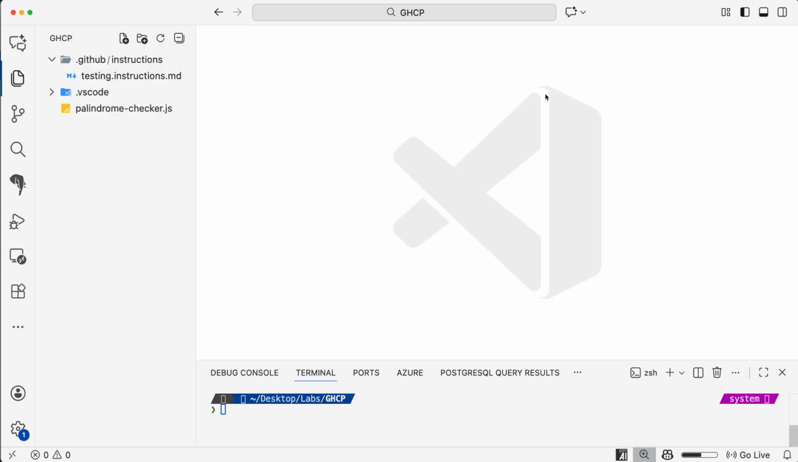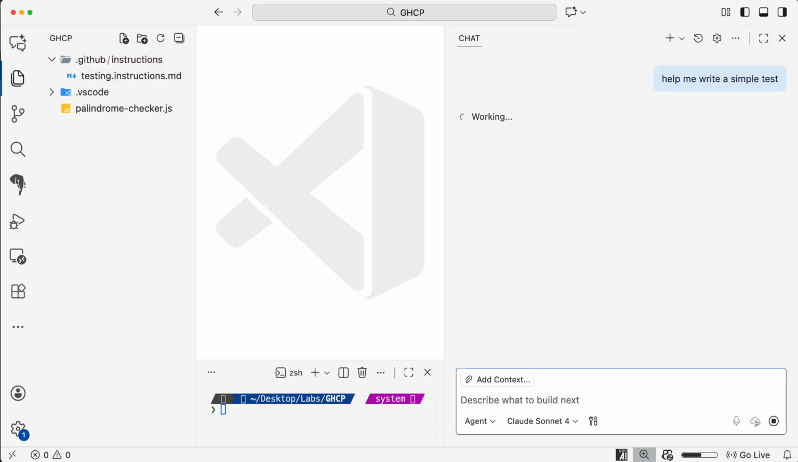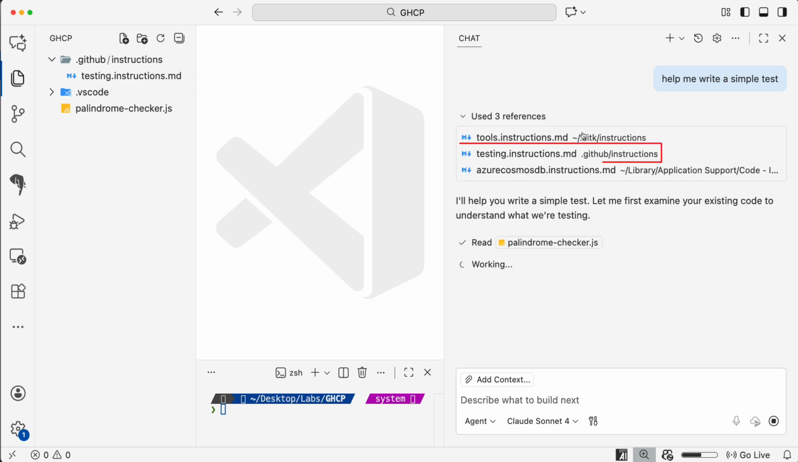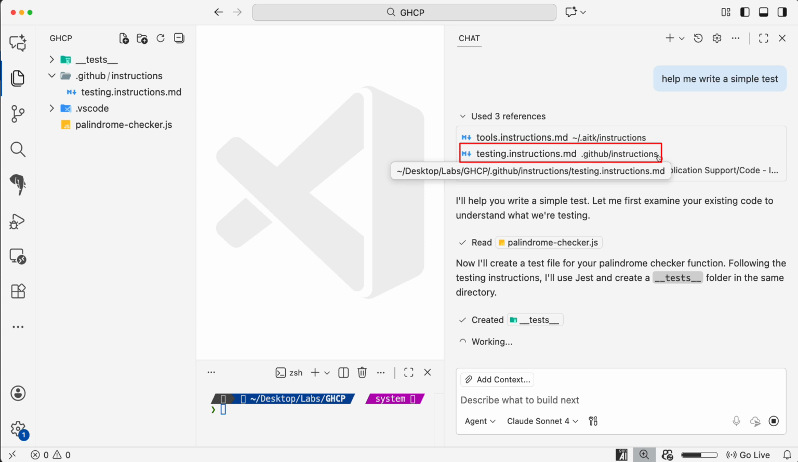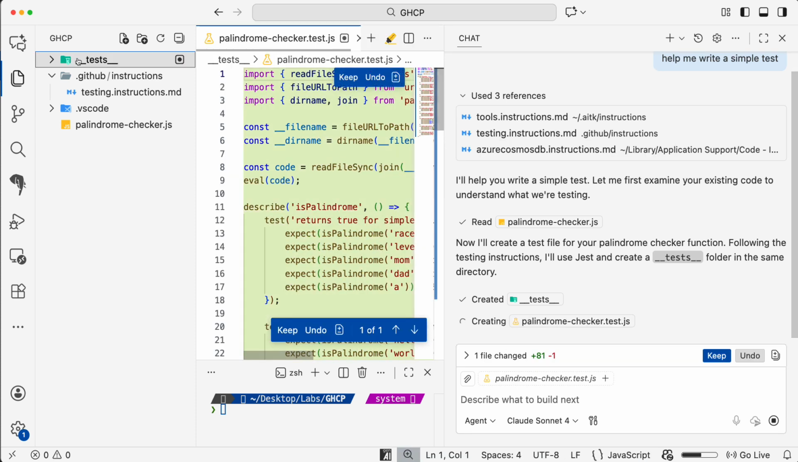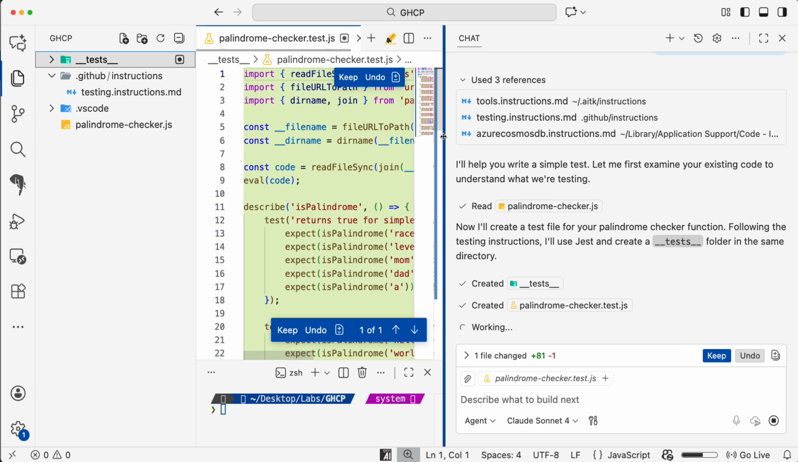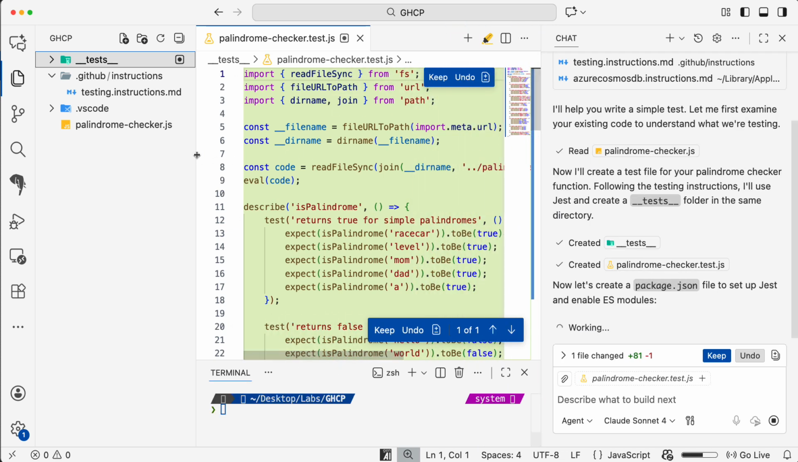I'll use the same prompt we used earlier, and what you'll notice is that my custom testing instructions are automatically included in the references, so I don't have to manually pass them in my prompt with every single chat message. We see Copilot already generating code that's up to my standards. It creates the tests directory, creates the separate test file, and initializes the project to use ESM modules and my